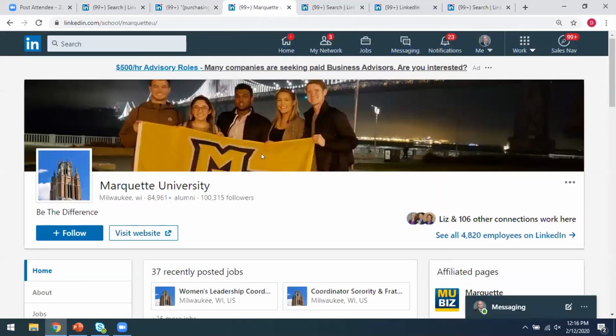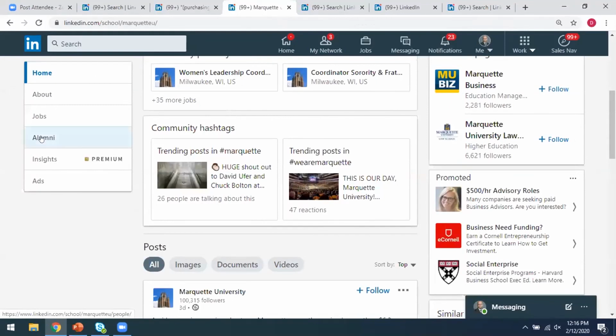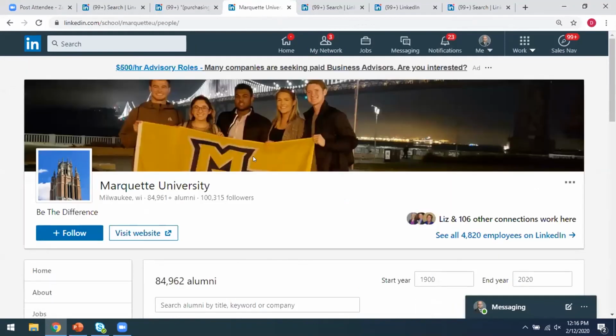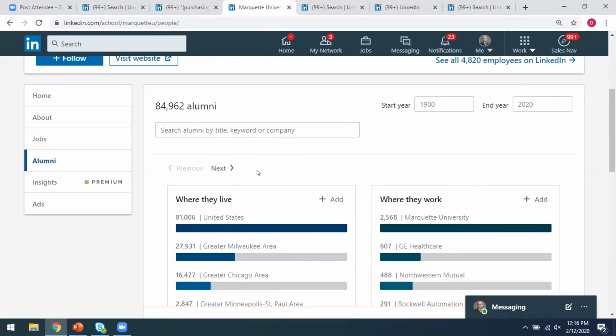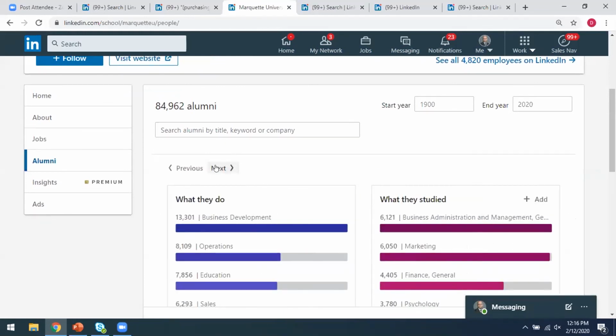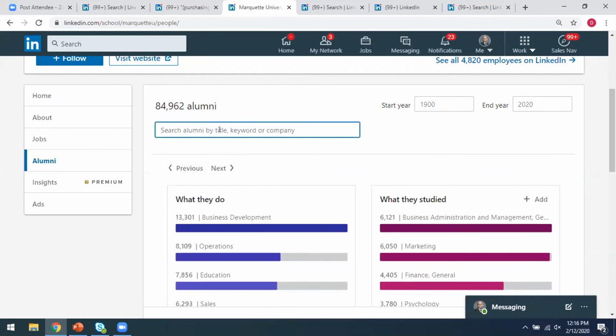It's taking advantage of this page on LinkedIn. It's the university page. What a great feature on LinkedIn that most people have not found. And so the university page, all you do is type the name of the school up in the big search box at the top. When your school comes up, you click it. Okay, then you scroll down to this page that you're going to click on to see alumni. Then LinkedIn will bring you back the ability to search and filter through all the alums by where they live, where they work, what they studied, what they're skilled at, and how you're connected, as well as keywords in this keyword box, which could be titles, search alumni by titles, keyword, or company,